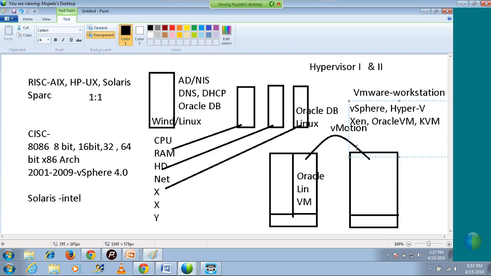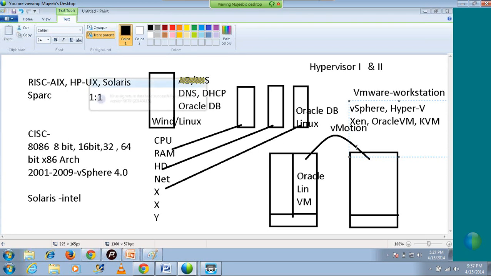If you see the market share, 100% of Fortune 100 and Fortune 500 companies, Fortune Global 100, Fortune Global 500 companies implement virtualization using VMware vSphere. When it comes to mid-sized organizations, the recent survey says that 72 to 84% of the organizations implement virtualization using VMware vSphere. When it comes to small organizations, even small organizations are choosing VMware vSphere as their first